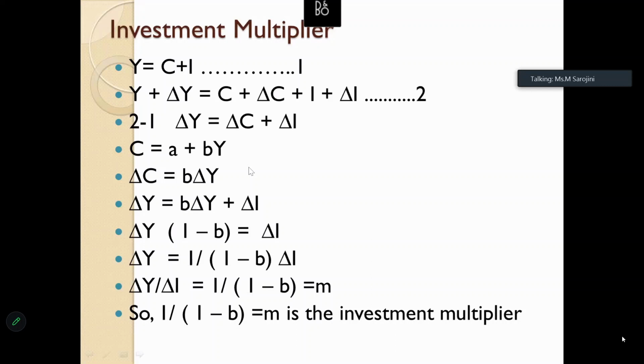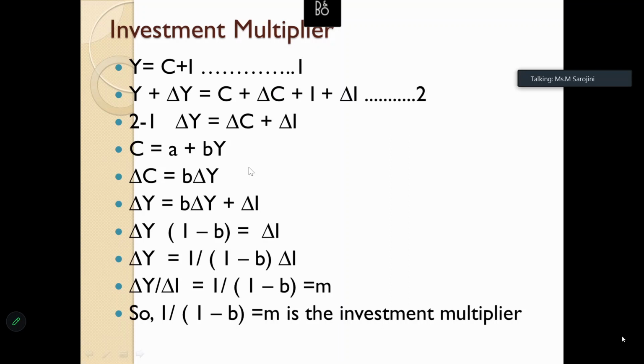Right. The investment multiplier for the two-sector model is equal to 1 divided by 1 minus b. Here b is the MPC, the marginal propensity to consume, and it is also the slope of